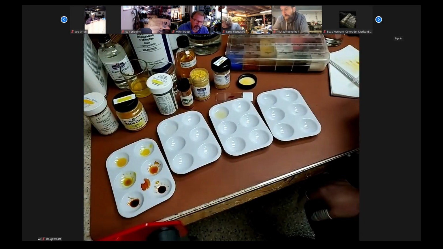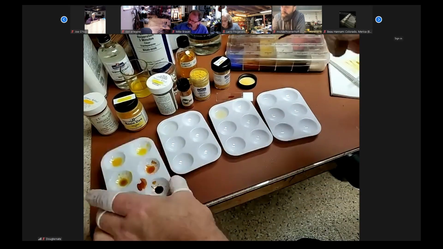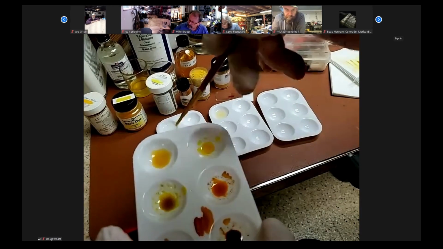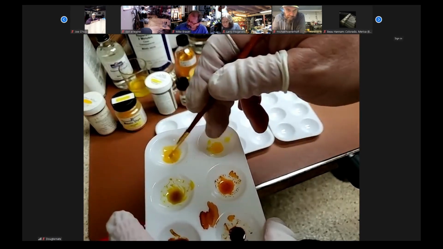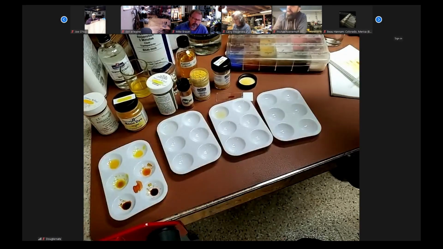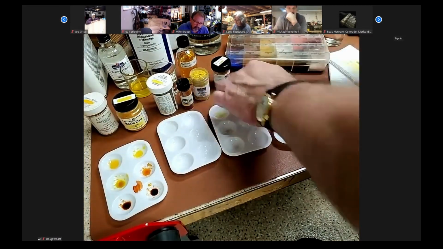That's right. Actually looking, I don't know if it's the camera, but I know that particular powder, and I think in real life it's not as yellow as that. That looks very yellow right there. It does look very yellow. It's not. It's almost a sand color. Yeah. You know, so if I look at that